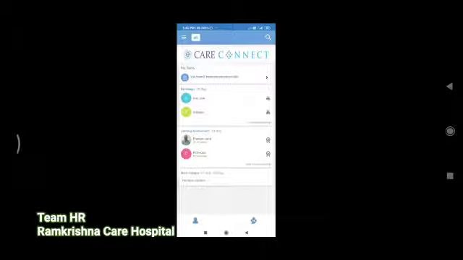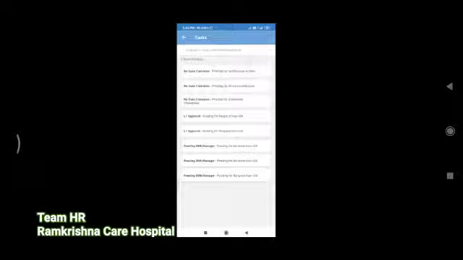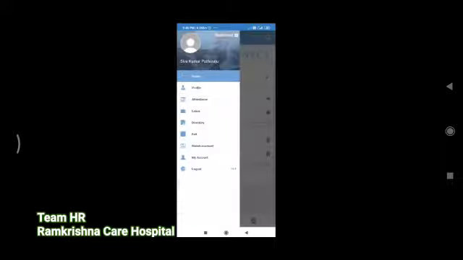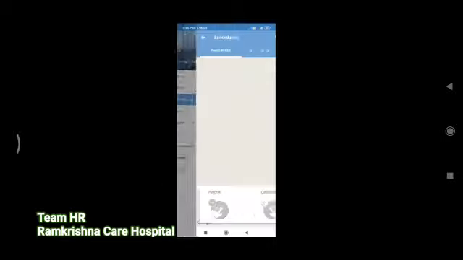So here the to do tasks will be there. Once we click on that, as of now I have these many tasks I have to complete. Maybe as an HR manager, a few people have applied for the resignation process, so I need to give the clearance. So these are the tasks showing here, and then click on the top left side column, and there we can see attendance and leaves.